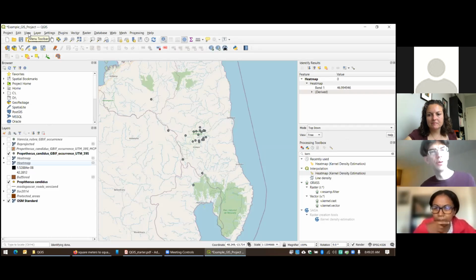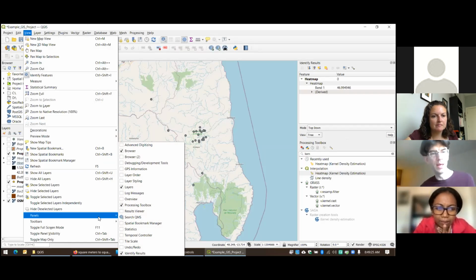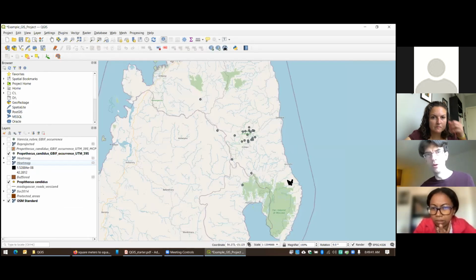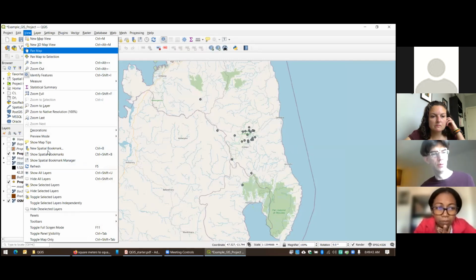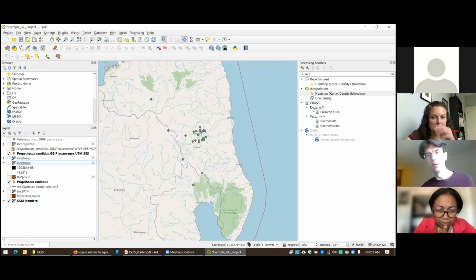Good question. So if you come up to View, you should come over to the panel here, and then you'll want to click on Processing Toolbox, and you should be able to view your panel at that point. So if I were to turn it off, and I'm actually going to close this identify thing, so I have nothing over here, I can come over to View, Panels, Processing Toolbox, click on that, and now you should end up with a toolbox over there. If you don't, then we may have a different problem with the program itself.